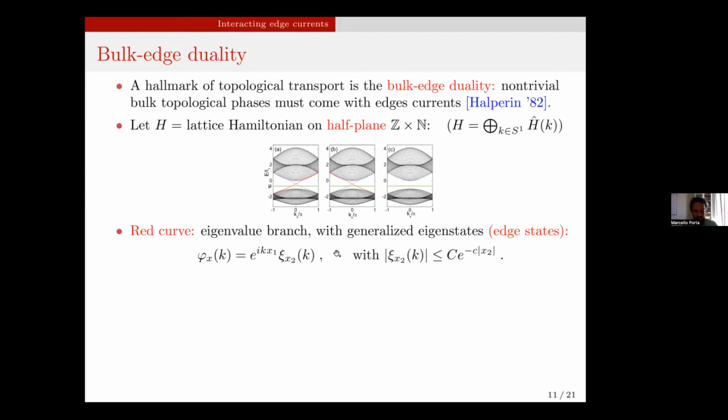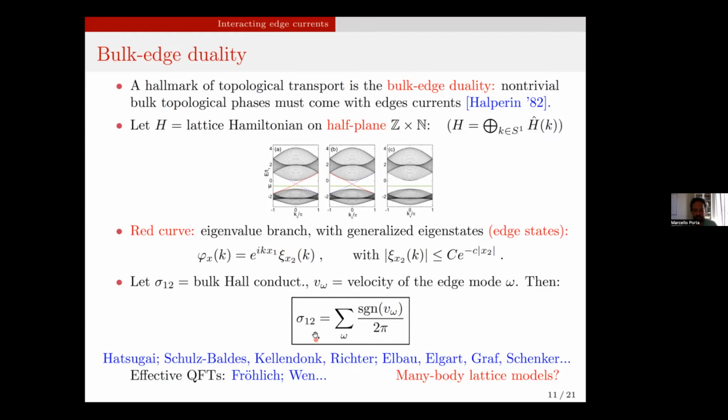In fact, it turns out that there is a deep duality between the value of the Hall conductivity for a system with no boundaries and the emergence of edge modes for a system with one boundary, like here. This is the content of this identity, which is the core of the bulk-edge duality. On the left-hand side, you have the Hall conductivity for the system without boundaries and with a bulk spectral gap. On the right-hand side, you have the sum of the chiralities of the edge modes. That's a sum of plus or minus 1 that tells you the directional propagations of the edge modes on a given edge.